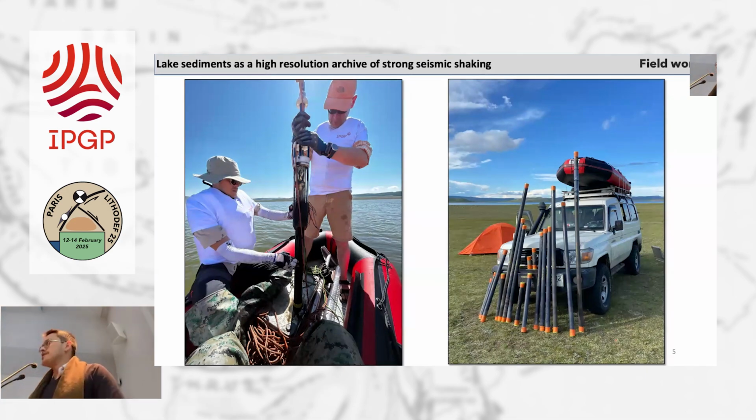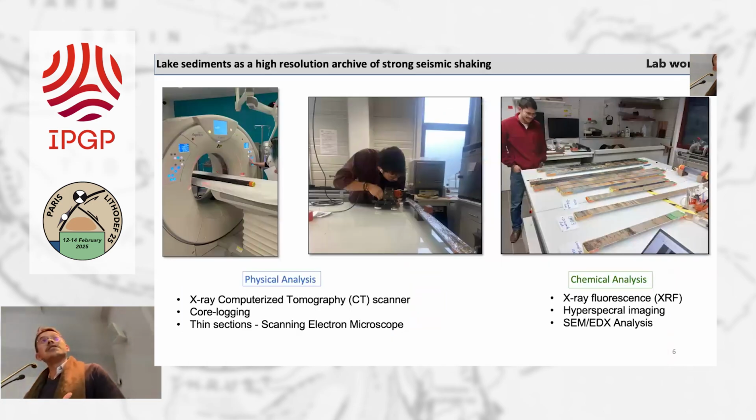But as you know, some of us can have logistic problems and fieldwork problems, where this time we have both of them. But the most significant was that those cores stayed too much time in Mongolia, so they got frozen, and we lost half of them, more or less. So they got damaged. However, fortunately for us, some of them survived.